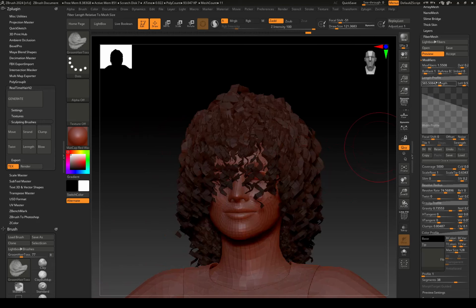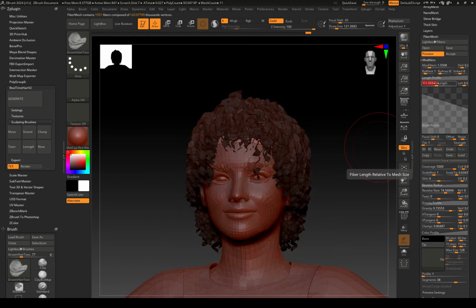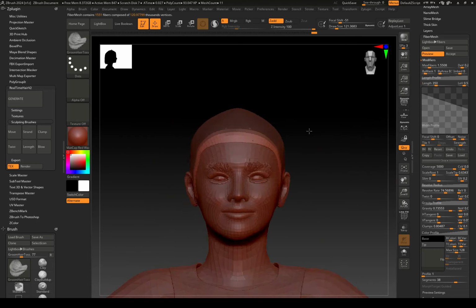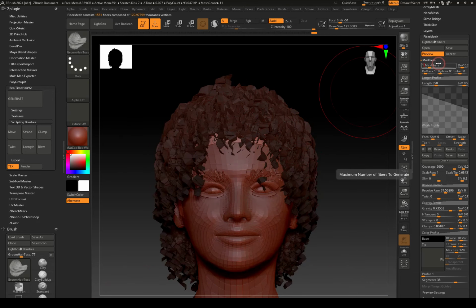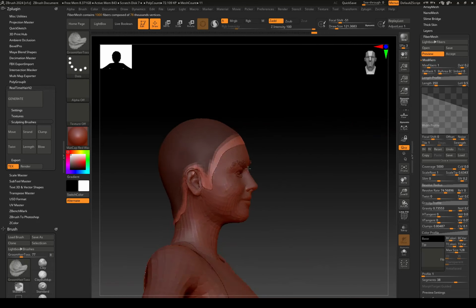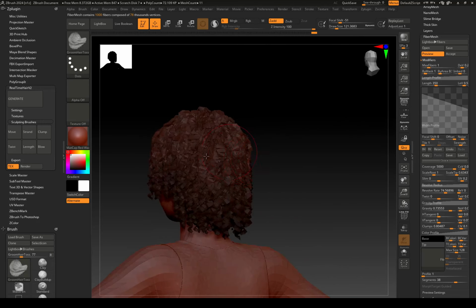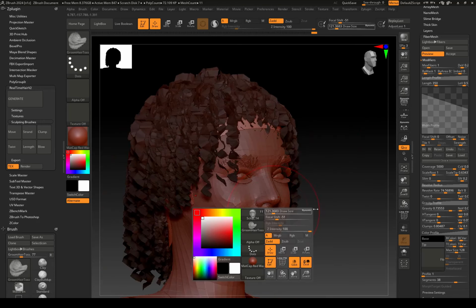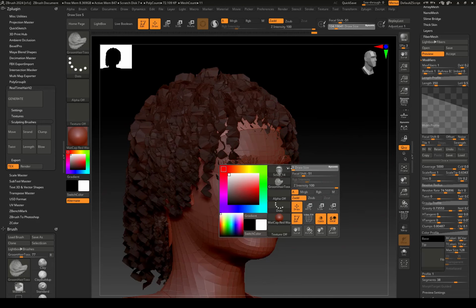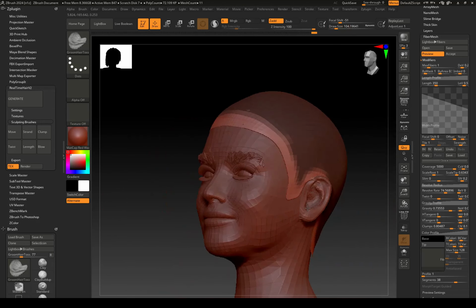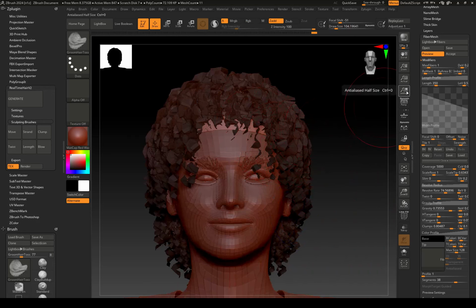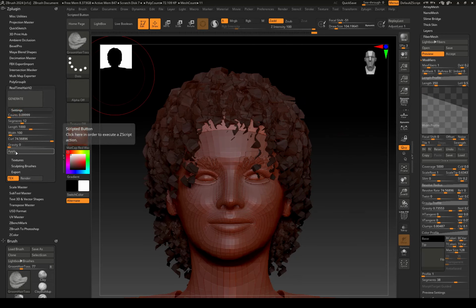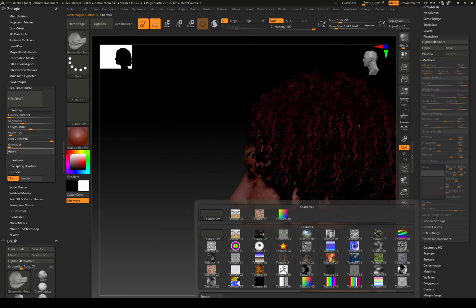Maybe length is very much, so 350 should be okay. And we have a very dense mesh, so I'm gonna decrease the density of the fibers. Okay, I am happy with the results, so I'm gonna just accept it with this plugin. Just hit apply and accept it,